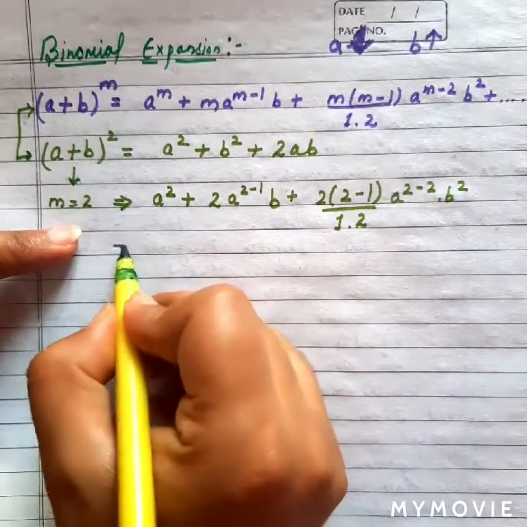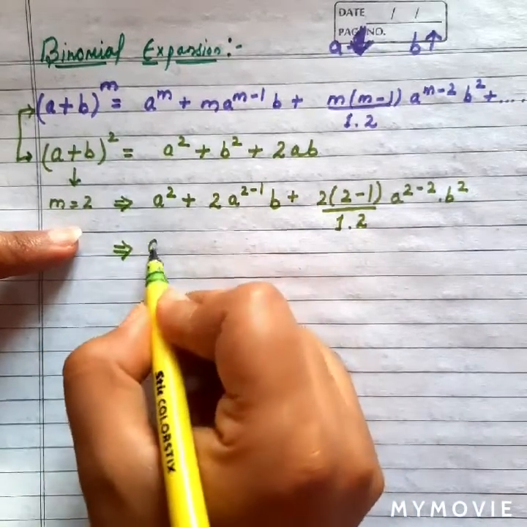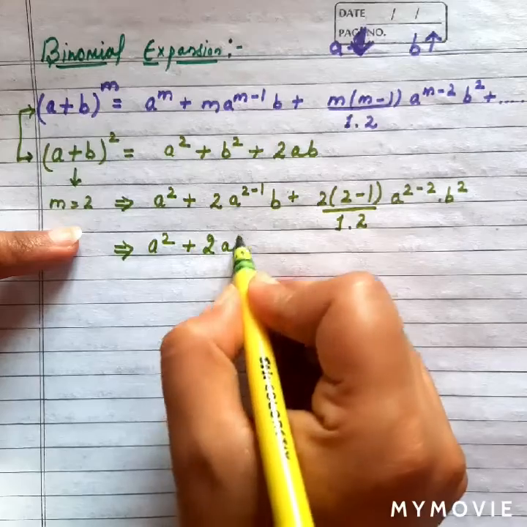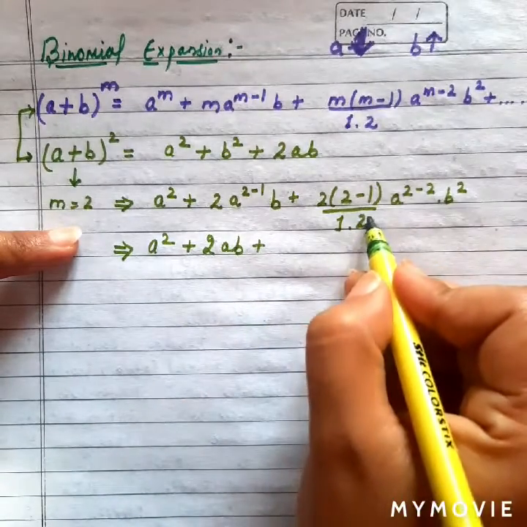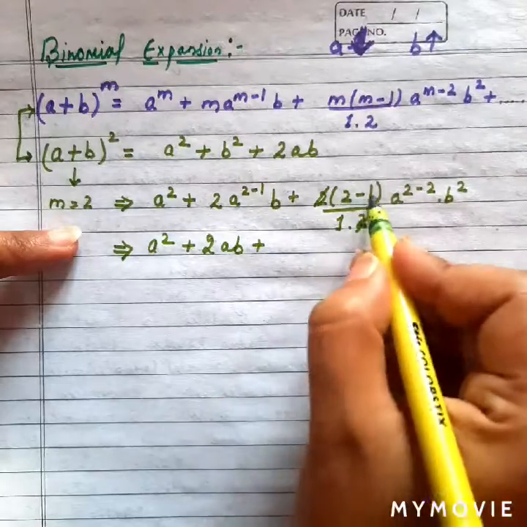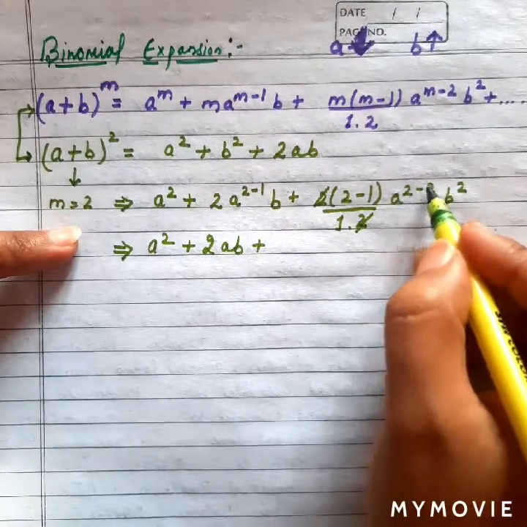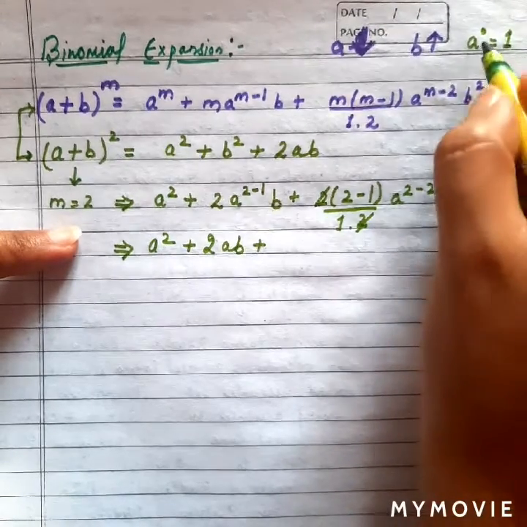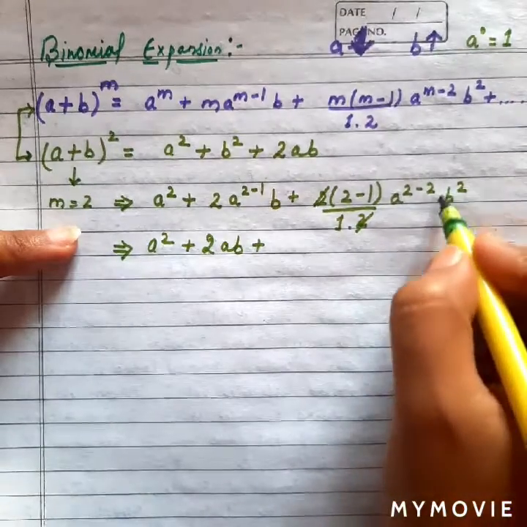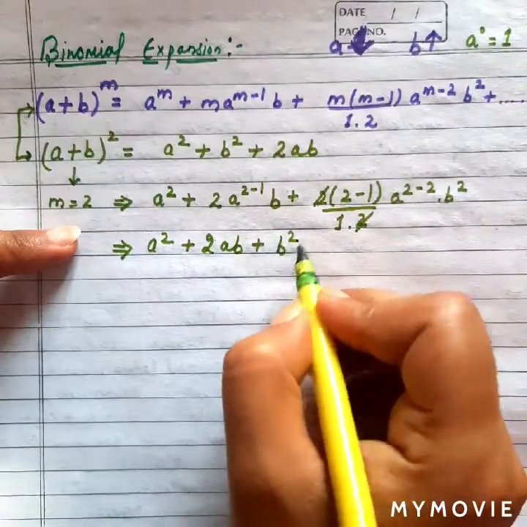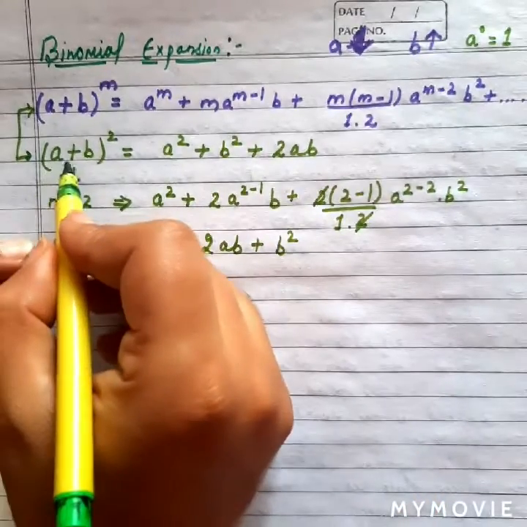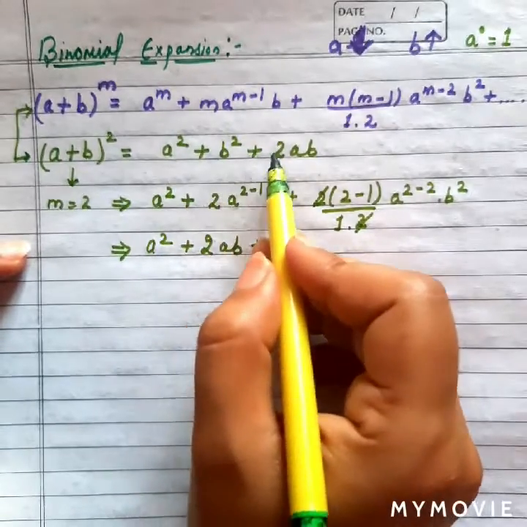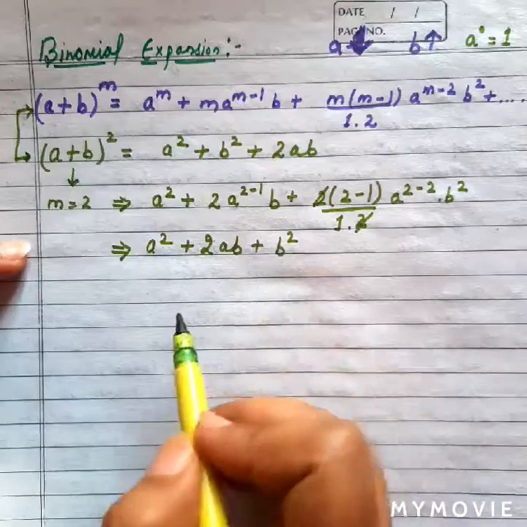So what we have come to is a raised to power 2, then a raised to power 2 minus 1, ab. Here 2 will be cancelled out with this 2, 2 minus 1 is 1, a raised to power 0, and anything with power 0, as I have explained in the previous video also, anything raised to power 0 will be equal to 1. So we are actually left with b square only, which is equal to this formula. So we have proved that (a + b) whole square is always equal to a square plus b square plus 2ab, or we can write a square plus 2ab plus b square.